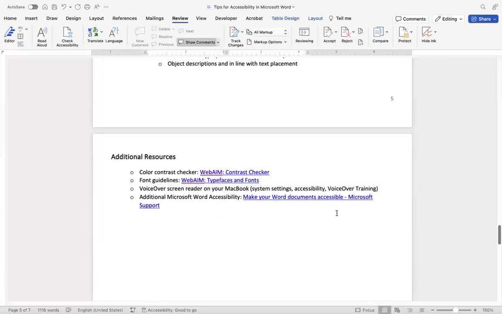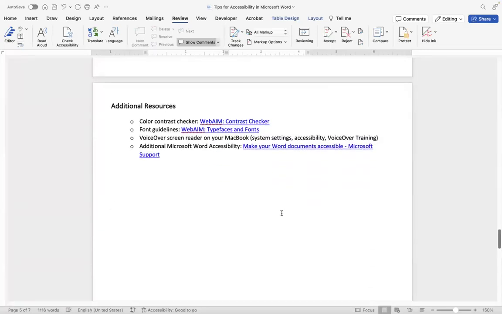Some additional resources I wanted to make sure we went over. We sort of got a preview with this a little bit, but color contrast is very important. So for example, I mentioned WebAIM contrast checker. Currently, my document has a white background. The general font size is just a standard black, but the link WebAIM contrast checker is a blue color.